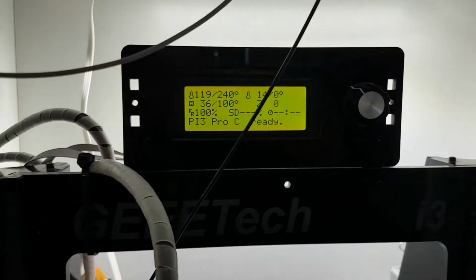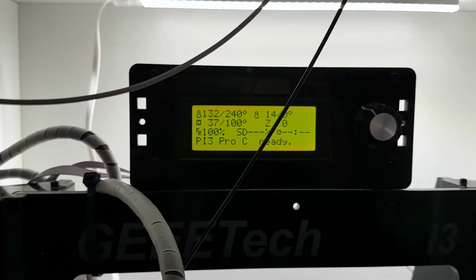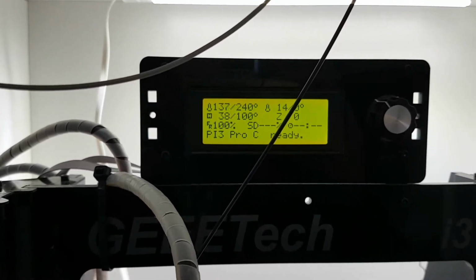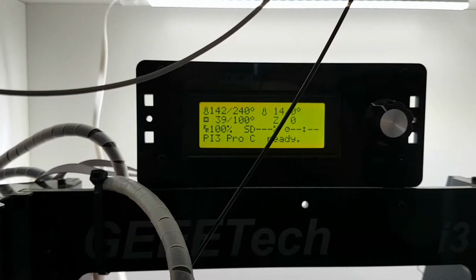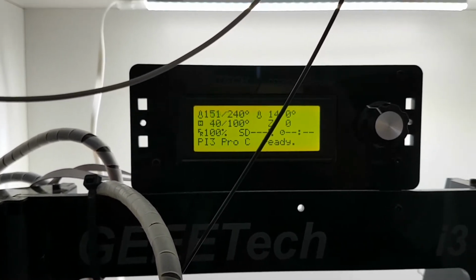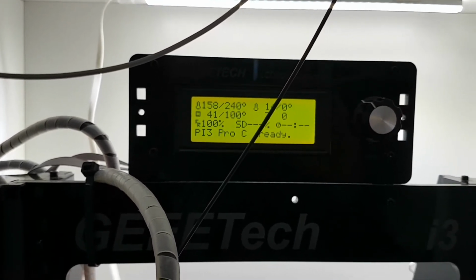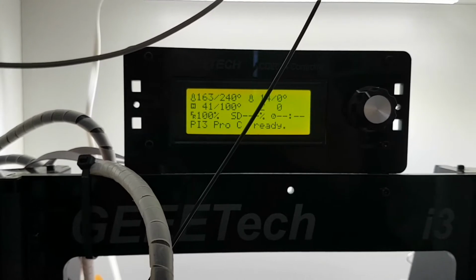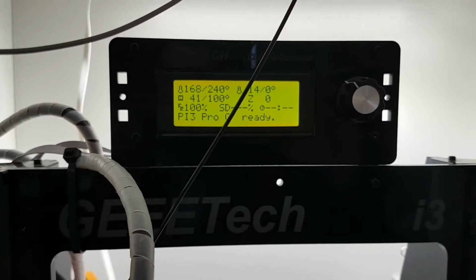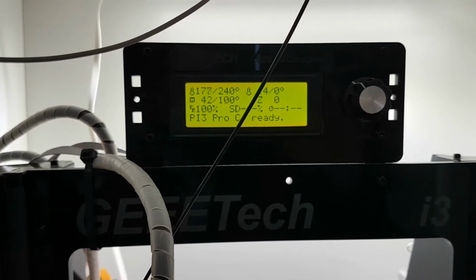The other thing that happens is it takes a long time to heat the print bed. In fact, with a 16 degree air temperature here, the heat bed will not get to 100 degrees. Now I'm about to print polycarbonate, a 10% polycarbonate ABS blend. But before I can do that, I've got to take this black ABS out of the machine. I'll do that in a second. But in any case, you see how little the temperature has changed in that time. If I shut the door,